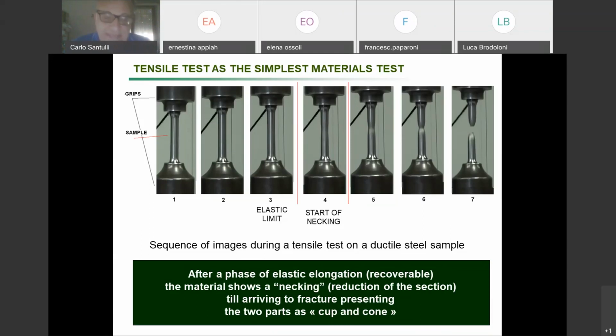So ductile means that it carries on elongating and of course deforming, and also squeezing, because we have this necking, and so the section is reduced for quite some time. Okay,